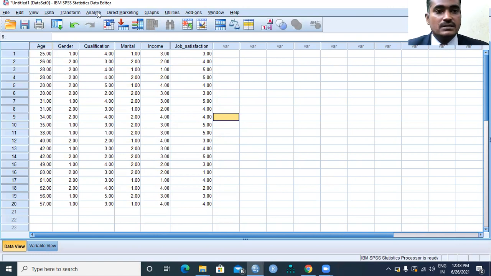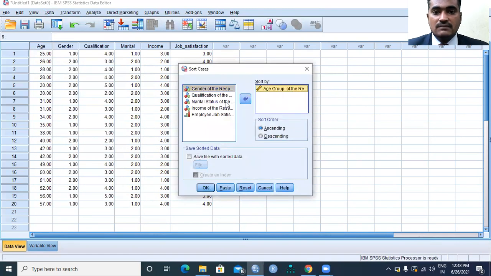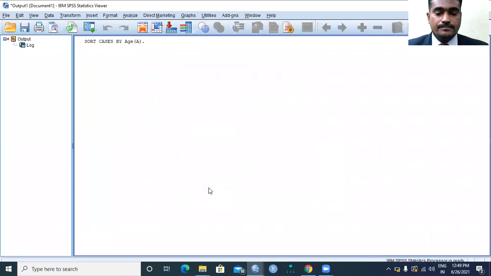The next operation I would like to perform is in Sort Cases: suppose I want to sort the data with respect to income of the people in ascending order.